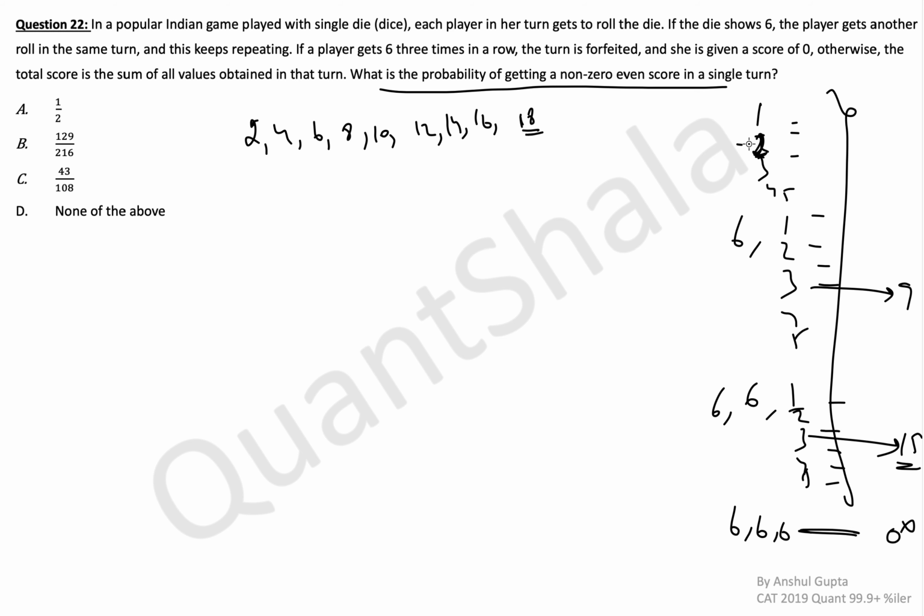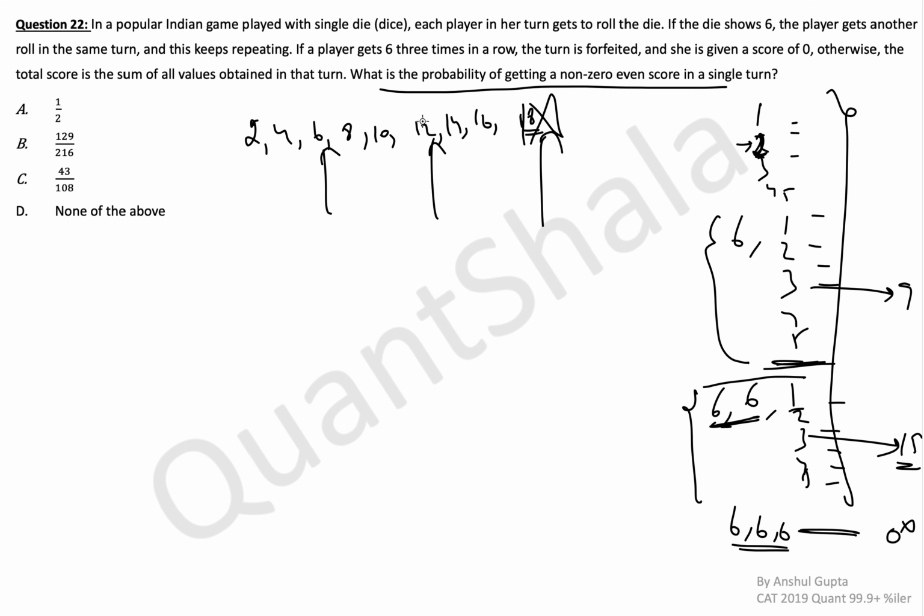If in the first turn you roll 2, you will get a score of 2. Now 6, 12 and 18 are not possible. Why? 18 clearly is not possible because 6, 6, 6 results in a forfeit. 12 is also not possible because once you get 6 after a 6, you have to roll again and you will get at least 1 there. So either you get something like this where your maximum score is 11, or here where your minimum score is 13 if you get 2 sixes. Okay, so 12 is also not possible. Similarly, 6 is also not possible.